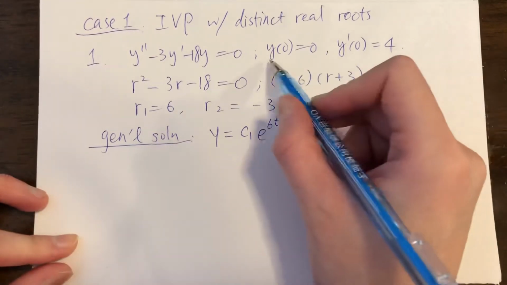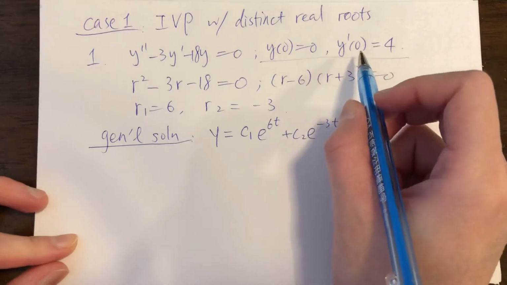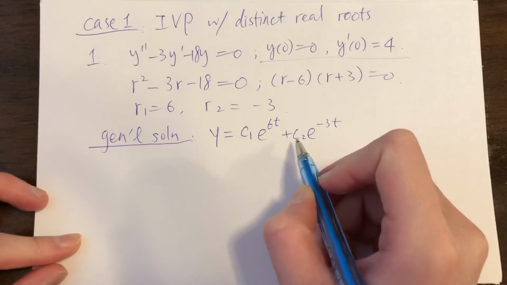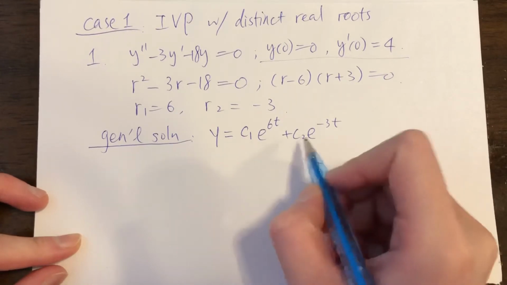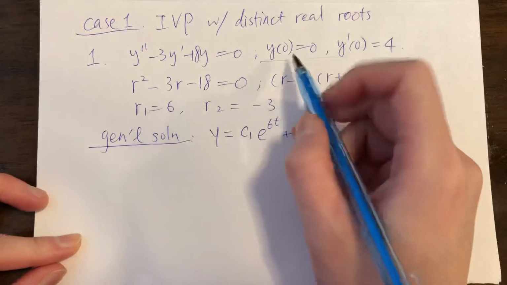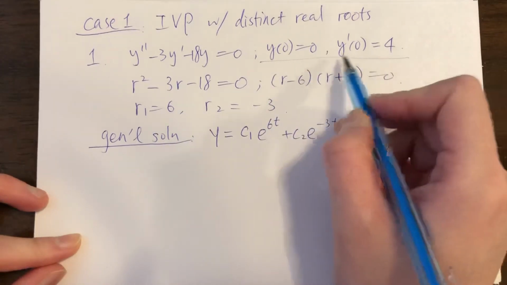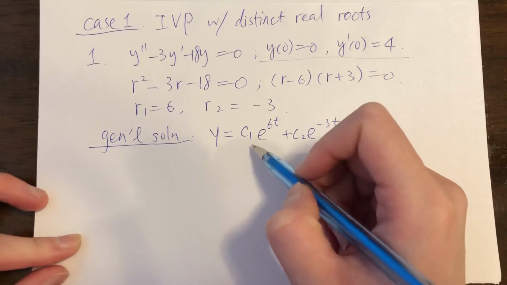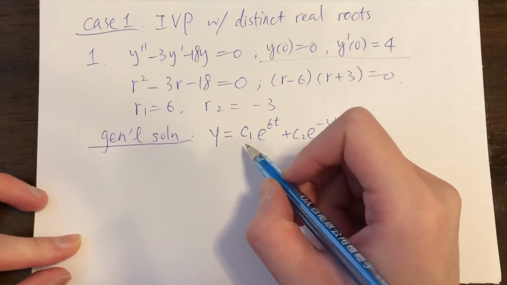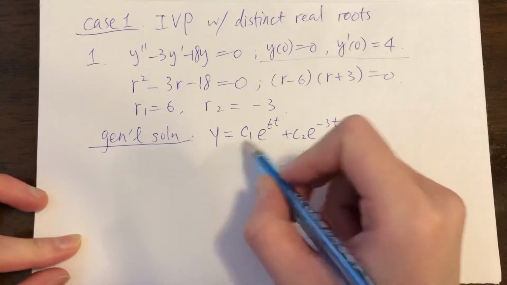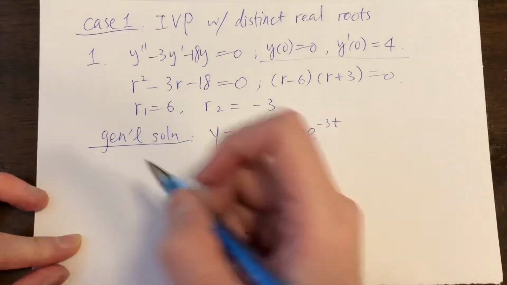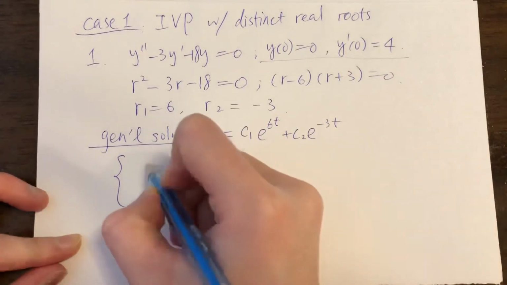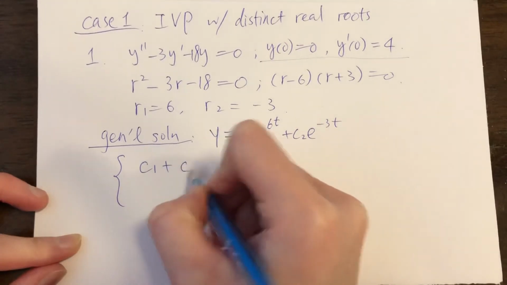But then since you are given initial conditions, you can solve for C1 and C2. If you think about it, you have C1 and C2 as unknowns, but you have 2 pieces of information, so each of them will give 1 equation. So at the end, you can expect that 2 equations will solve for 2 variables, C1 and C2. So that's the plan. If you plug in t equals 0, y equals 0, we get C1 plus C2